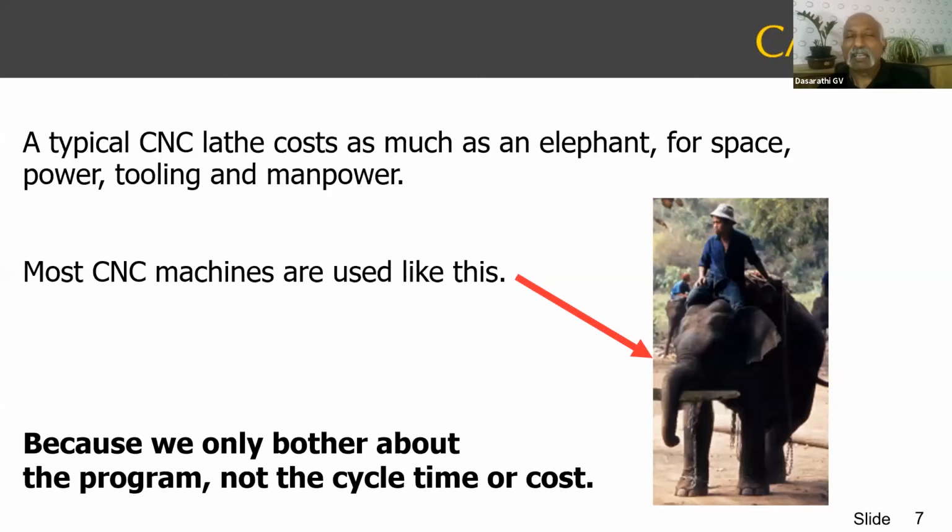But what typically happens is that we don't. On the vast majority of shop floors, we do not make use of the CNC lathe to the maximum possible extent. And why is that? Because if I'm the programmer, I'm more bothered about the program coming right and the quality tests being passed and the part being machined on the machine. I'm not so bothered about the cycle time or the machining cost and so on. As a programmer, this is the problem on the vast majority of machines.